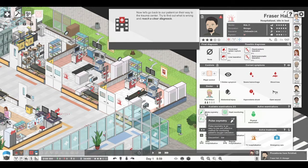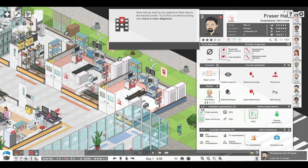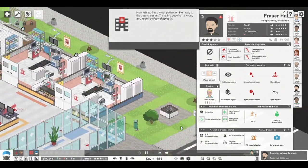Pause this. Easy to use and effective method for monitoring patients' oxygen saturation. Special ultrasonography method used by evaluation trauma patients intensive. Yeah, I think you should go for this just to see if there's any internal damage. I don't know, but